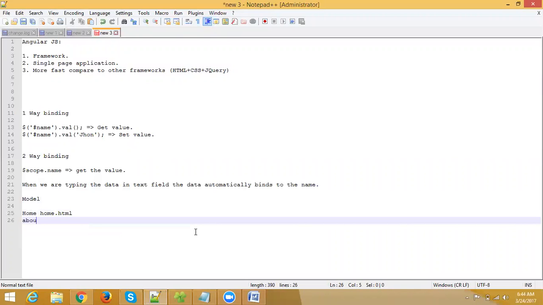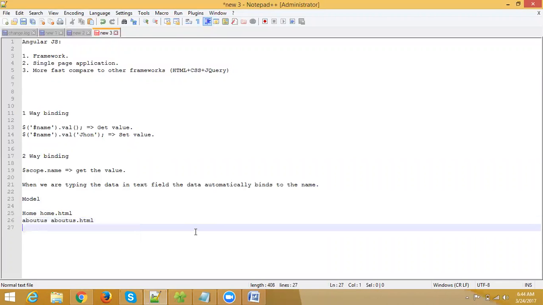For about us, we'll take about us.html. For login, we'll take login.html, right? If we have 100 pages, you need to create 100 HTML files with HTML tag and head tag and body tag,